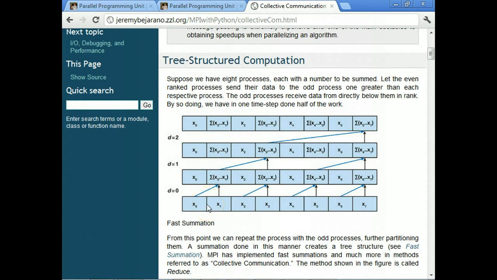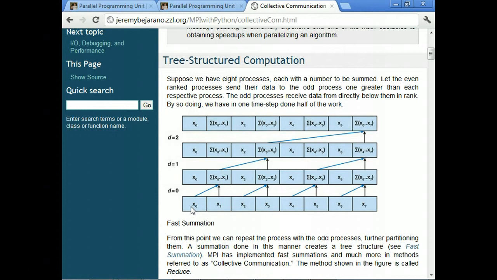Before, each of these processes was sending to the root node one by one. In tree-structured communication, each process has its own information, but it works by something like this.